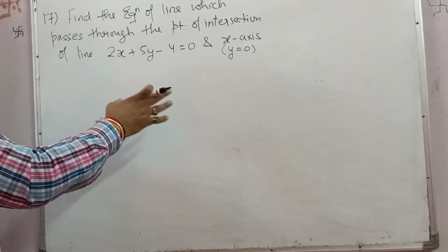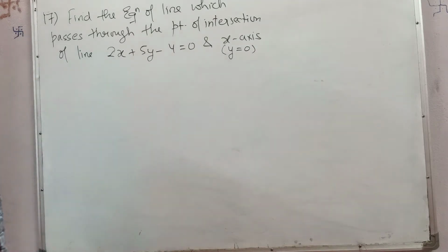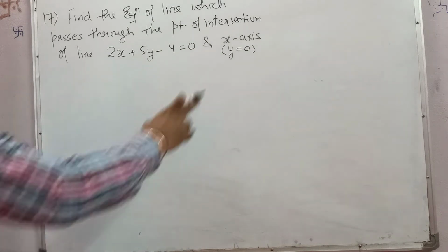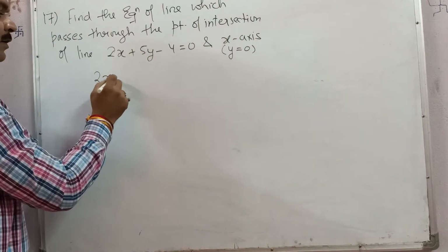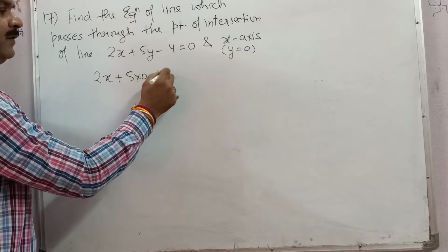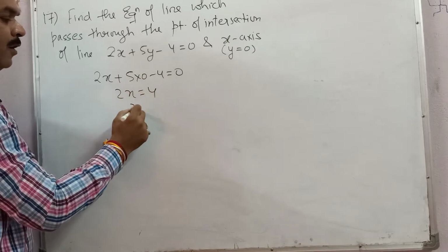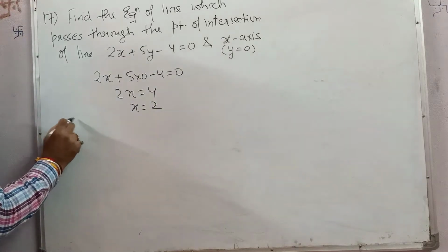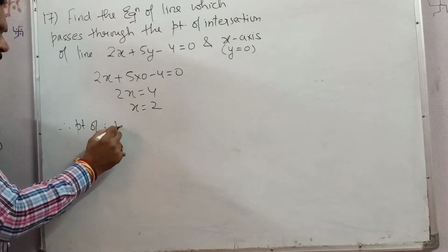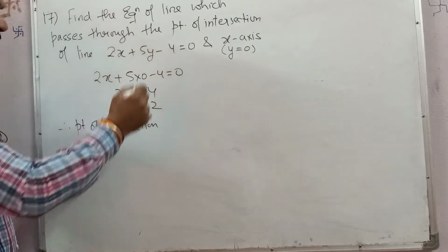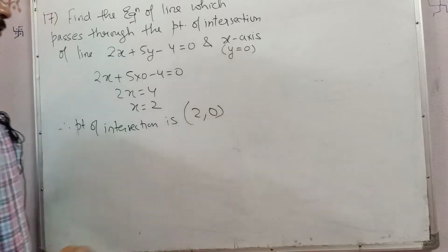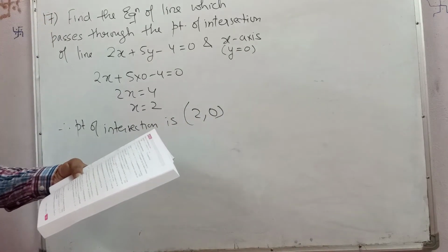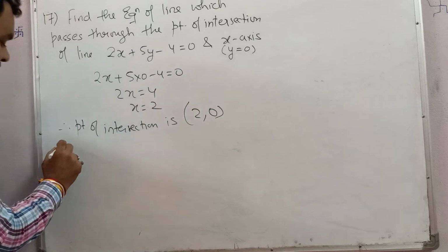Point of intersection of the lines is what? Just simplify them simultaneously and find the values of x and y. Now y is equal to 0, it is given to us. So substituting y is equal to 0 over here, 2x plus 5 into 0 minus 4 is equal to 0, or 2x is equal to 4, or x is equal to 2. So therefore point of intersection of these two lines is (2, 0). And further they are saying the required line is parallel to